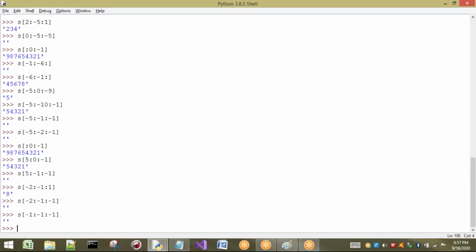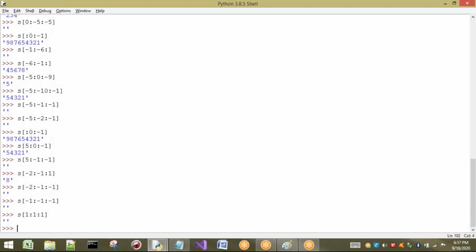No value. But if I take 1 and 1, all positive ones, here also we are getting no value. The reason is that in forward direction we get 1 minus 1, that is 0 here. And with -1 in negative direction, plus 1, anyway it becomes 0.